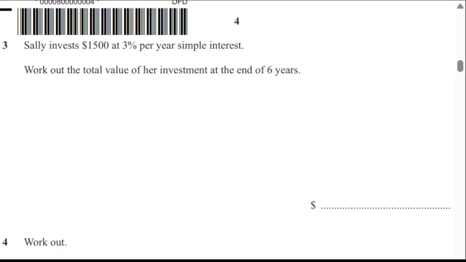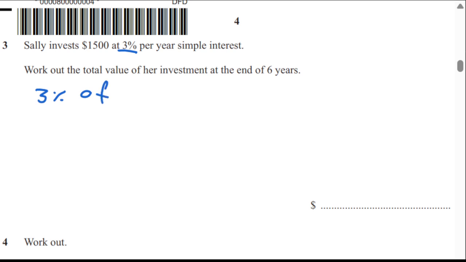Question 3 says Sally invests $1,500 at 3% per year, simple interest. Work out the total value of her investment at the end of the 6 years. So the first step is we will do 3%